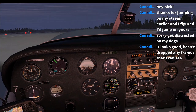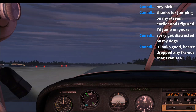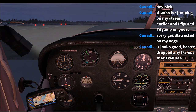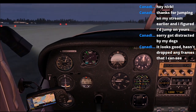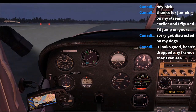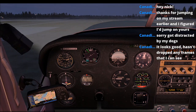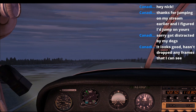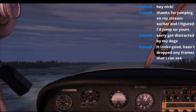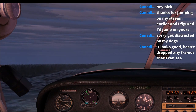Cool. Alright, we're about to get loud because we're going to go to full throttle and start the takeoff run. Here we go. Alright, tail's up, elevator, and we're off. Just like that. This plane gets off in no time flat. It's a 300 horsepower turbo-normalized engine,